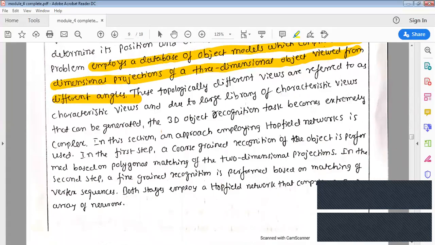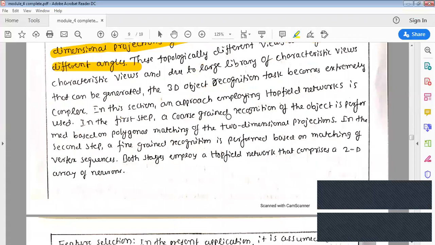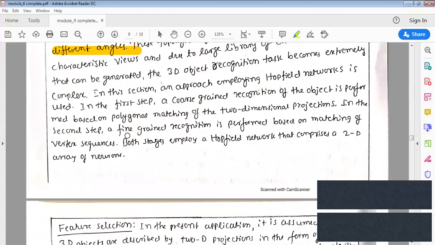So let us look at how we are going to do this. There are two major ways of doing this. In the first step, coarse recognition is done. One simple analogy: let us take a picture of an aeroplane, a three-dimensional object. First, many two-dimensional photographs of aeroplanes are fed into the network. The network understands this.